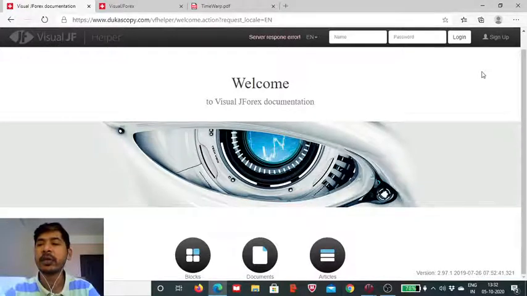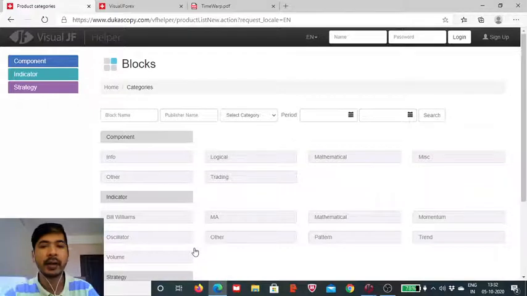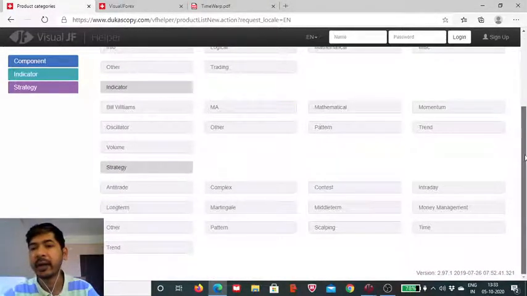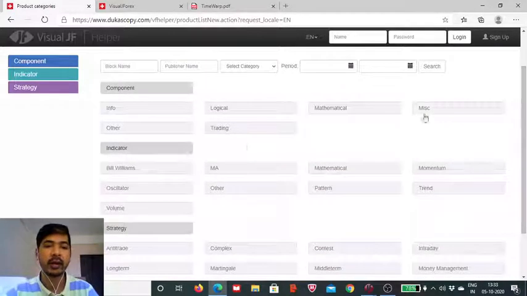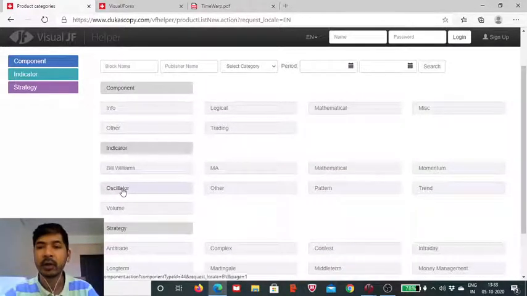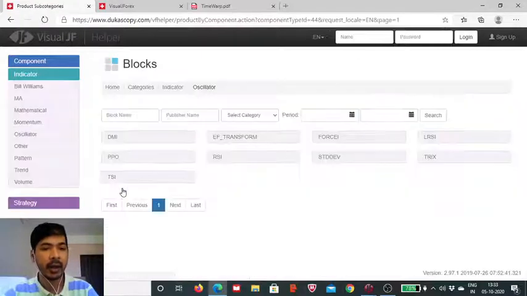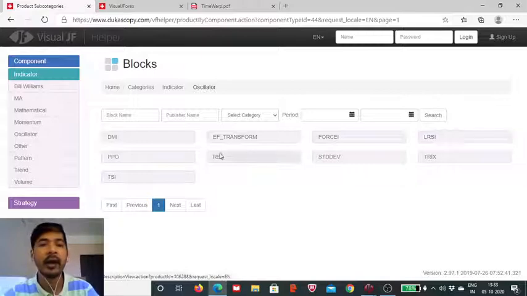In today's session of Visual JForex, we are going to get familiar with the indicator named LRSI, that is Laguerre Relative Strength Index. This is one of the modified RSI indicators which was developed by John Ehlers to cancel out the noise in the RSI indicator. This is part of the momentum oscillator indicators, and in today's session we will see LRSI,